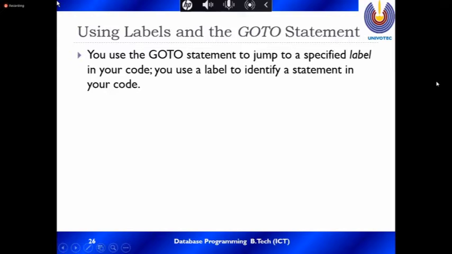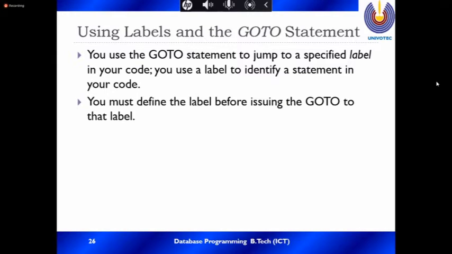You use the goto statement to jump to a specified label in your code. You use a label to identify a statement in your code. You must define the label before issuing the goto to that label. First you define the label, and then you use the goto statement.